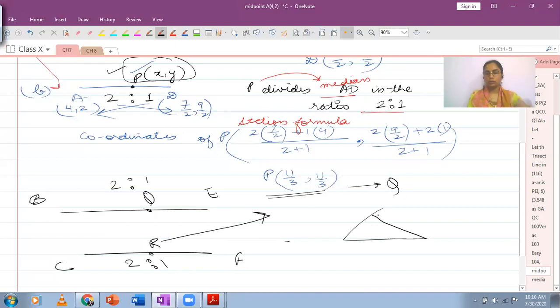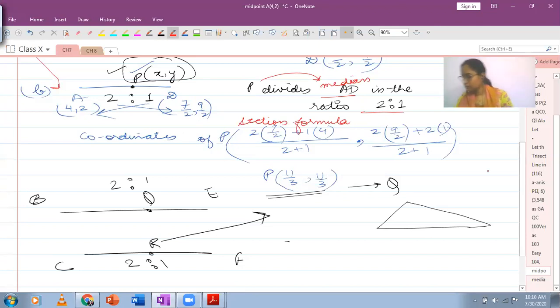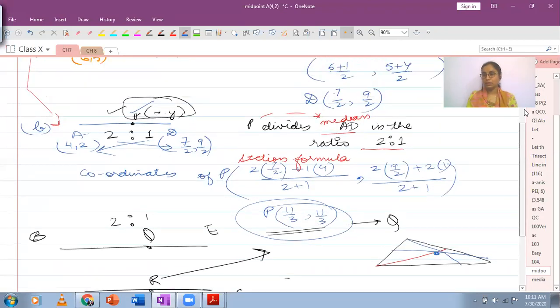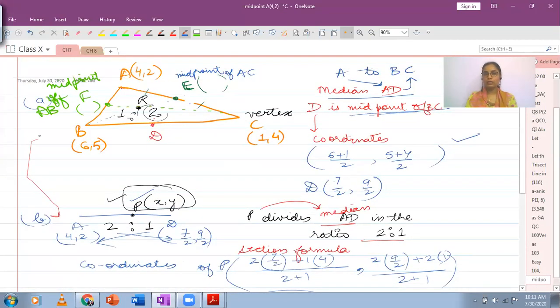आपने जो medians draw की, when you draw the medians, each of these medians meet at one common point. So this is one median, then you've got second median, and then this is the third one. They all meet each other at a point whose coordinates are 11/3, 11/3. And I want you to observe the abscissa and ordinates of the triangle given.